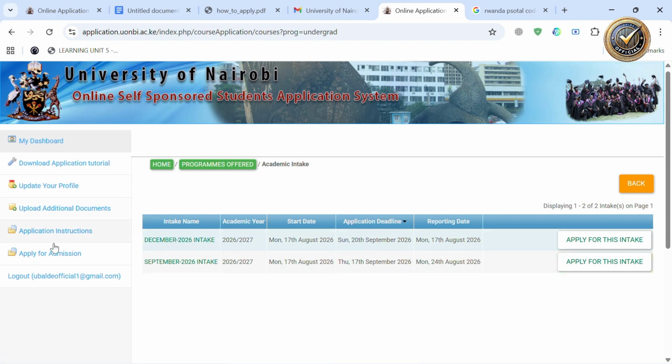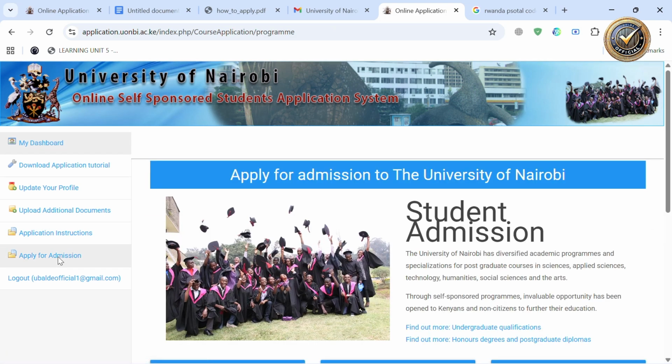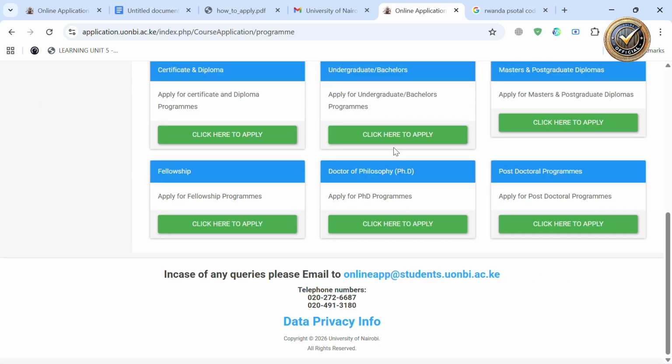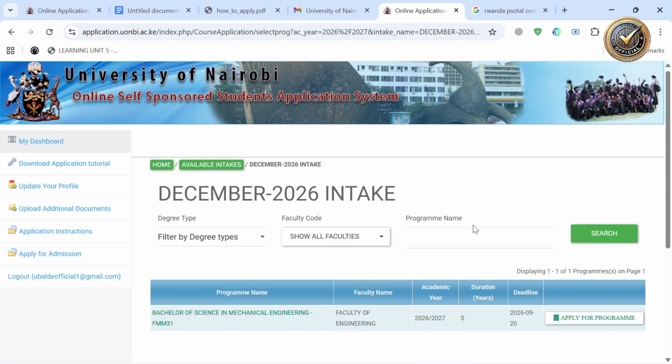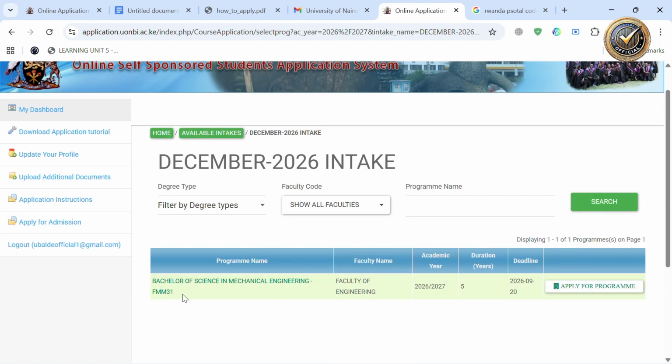You come here to apply for admission, or also as I did here, if it is undergraduate, and then click to apply for the August intake, 24 August 2026. These are two intakes. I can apply here, click here, apply, and then this is the Bachelor of Science in Mechanical Engineering, and then